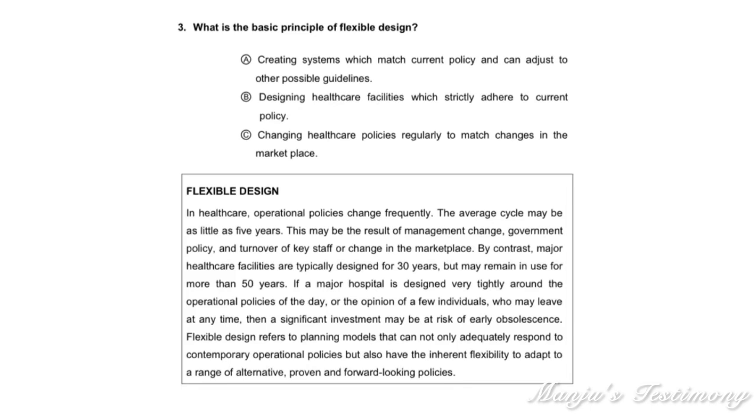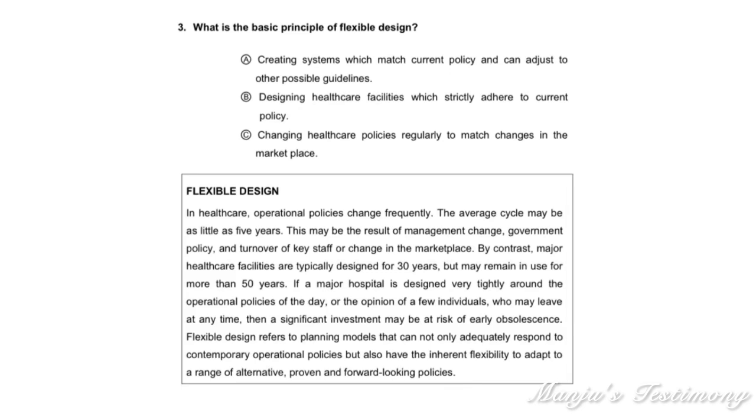Proven means it's already proved that this policy would work, it is okay to implement. Okay, forward looking policies means more progressive, advanced, and has keen observation towards the future. Okay, so the policy we created should have inherent adaptability, inherent flexibility to adapt to a range of alternatives, proven and forward looking policies. So creating a system which matches current policy and can adjust to other possible guidelines might be considered as the right answer, but